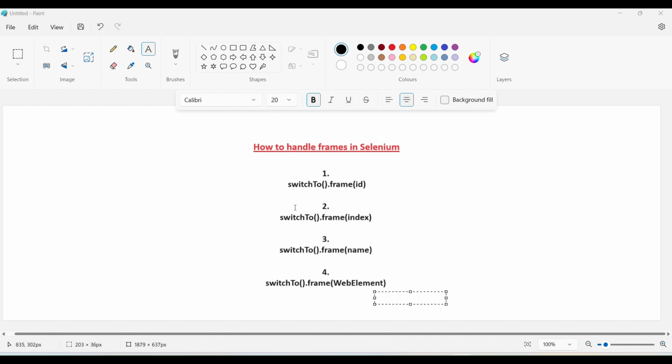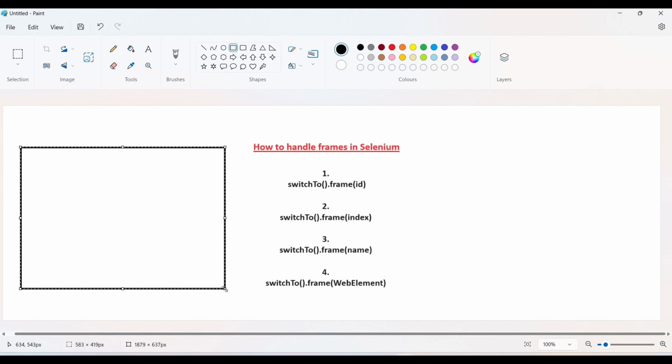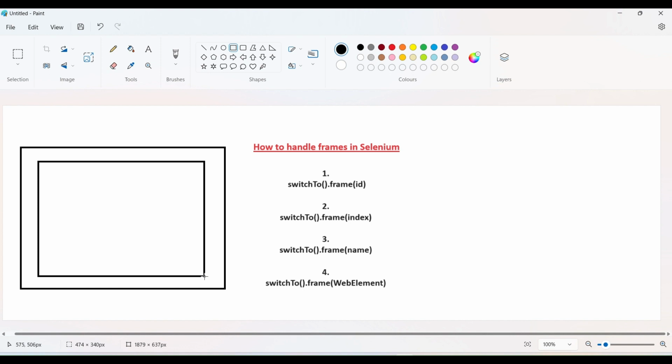So what is a frame basically? I will explain frames first. Let's assume this is one browser window. I just opened it, and when the browser opens, the page is loaded, right? The website is loaded. So this is the page. Under this page we have multiple elements, like this element, this element, or this element.